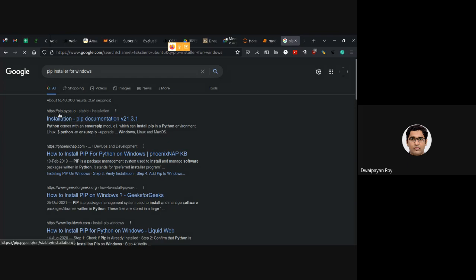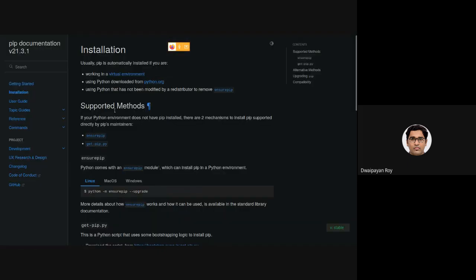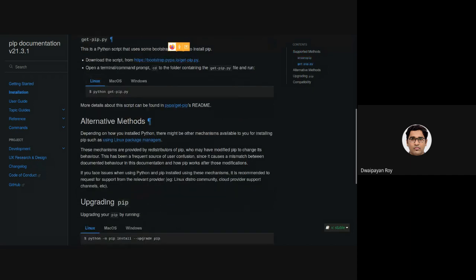This pip.pypa will be the link that you should enter. Then you need to download this .py file, which is a simple Python program of around 2 MB size.